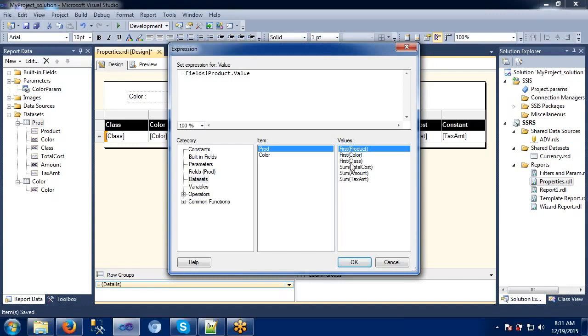The first part means all these product, color, class are related to text. So these are the data sets available in this report. First is product, the next is color.